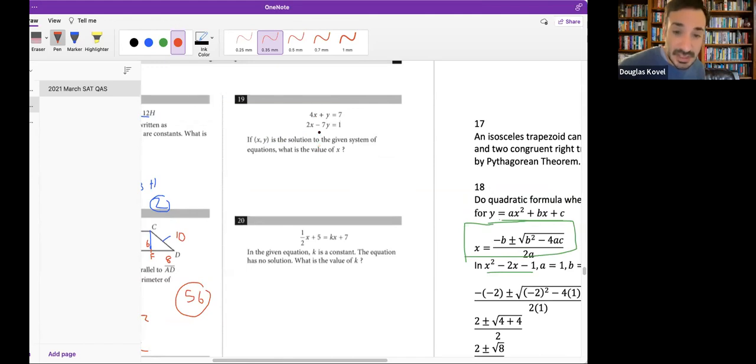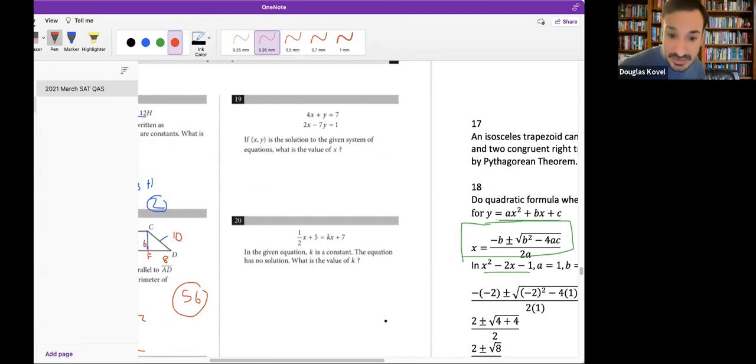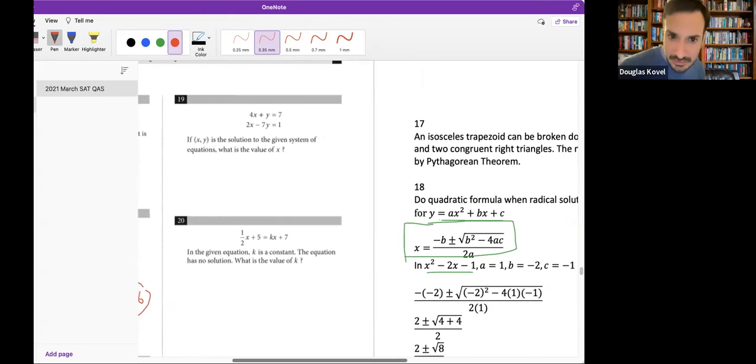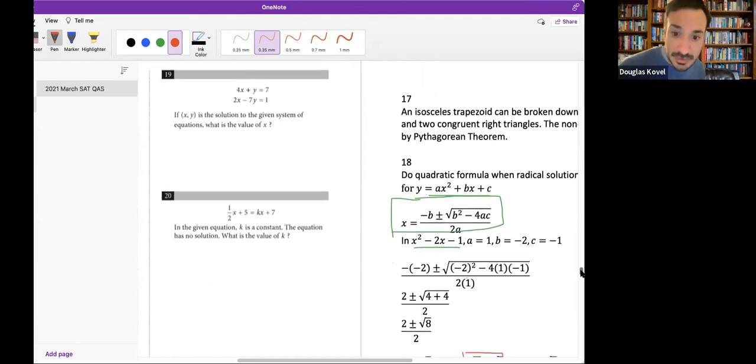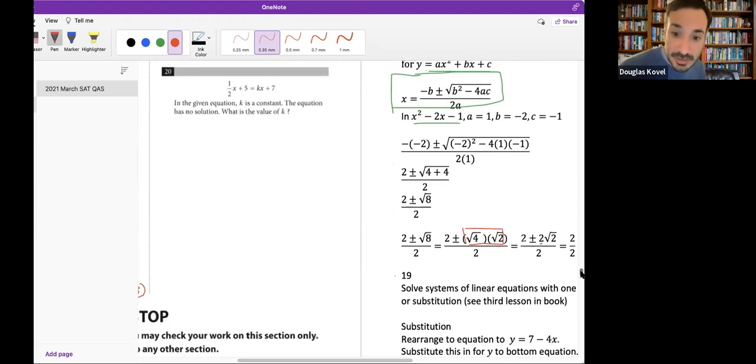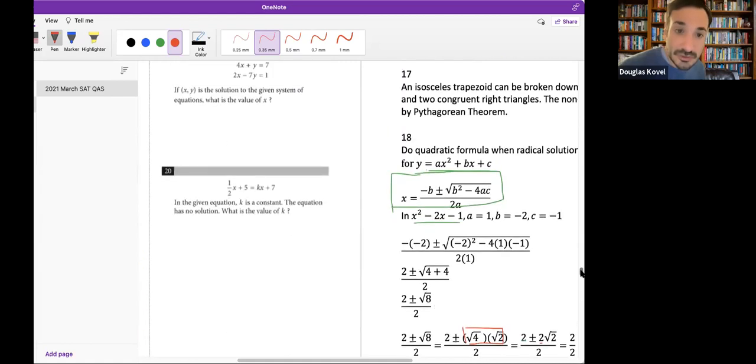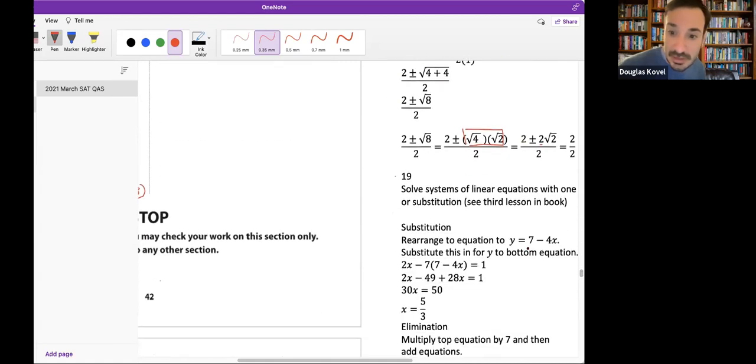So anytime you're given a system of linear equations in ax plus by equals c form, there are two approaches you can use to solve this. The first one is substitution, which I generally don't find the easiest to do, but I'm going to go through that method with you as well as the other one. In substitution, you would rearrange one equation to get one of the variables by itself. I actually wrote out that work for you. My top equation, which was 4x plus y equals 7, you could subtract the 4x to make it